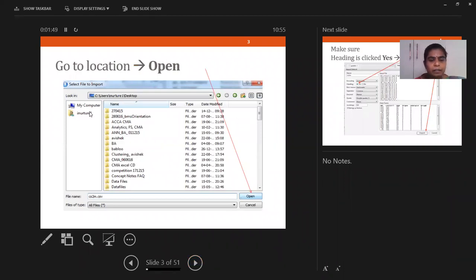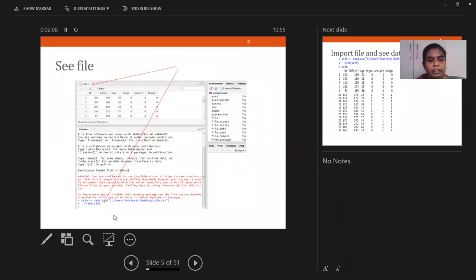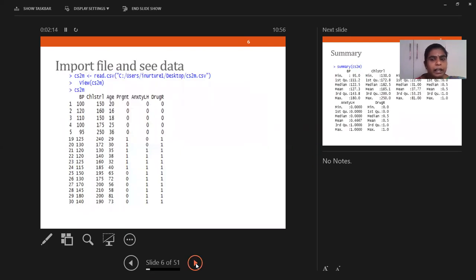So here in this example, the moment when you give import, you get a window like this. You will be selecting the file, and after you select the file, see, this is the old version. In the new version, we have seen how to set the data type, and when you give import, you will get your data set, which is available here, right? So this we executed in the last class, and we were able to fetch the data.